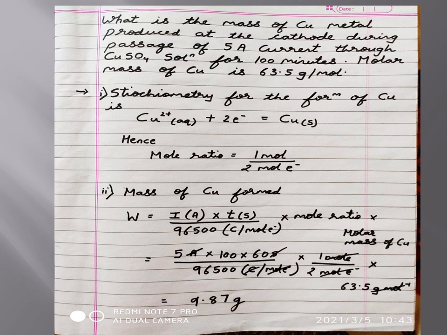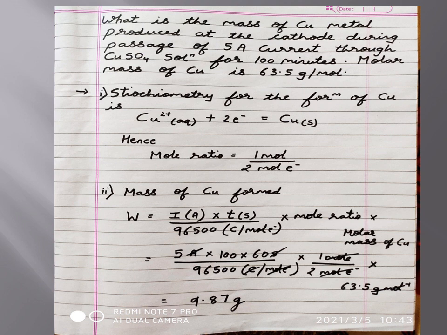Now my dear students, we have already studied about Faraday's concept. So when two electrodes are dipped in a container, one electrode is positively charged and one electrode is negatively charged, and these two electrodes are connected to one another by a battery. Now the solution contains positively charged ions and negatively charged ions, that is the cations and the anions. Now students, the positively charged ions will get attracted towards the negative electrode, and the negatively charged ions, that is the anions, will get attracted towards the positive electrode.